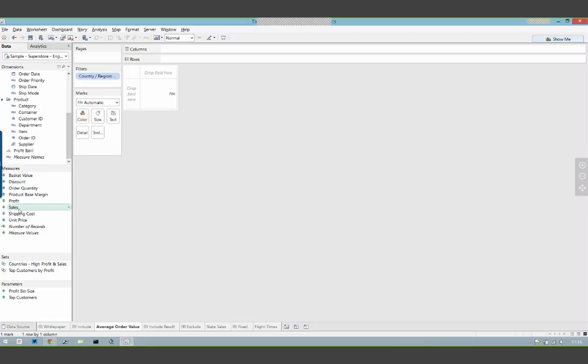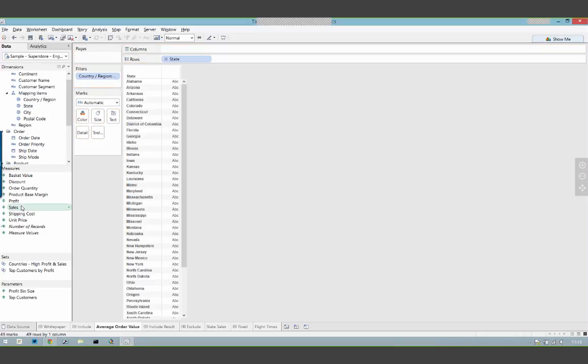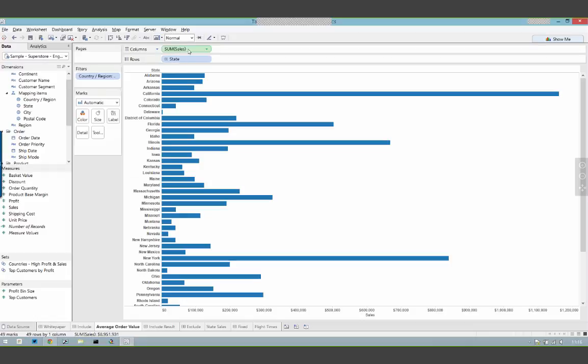What we would have had to do up until level of detail came in, if we wanted to work out the average basket value across all states in the US, was start off by getting the sum of sales at each state. But then we need to calculate the order ID.